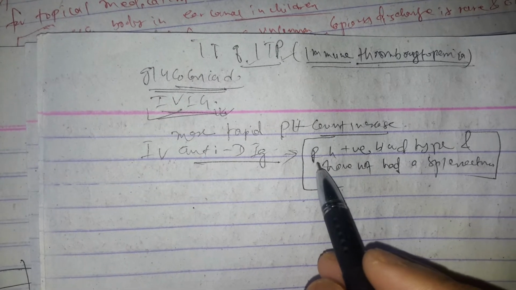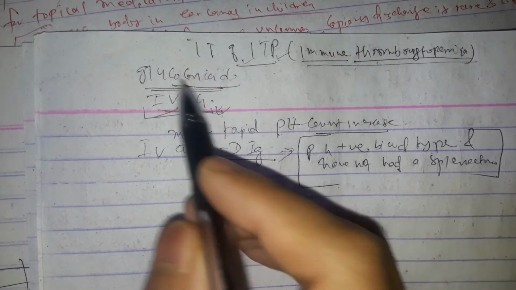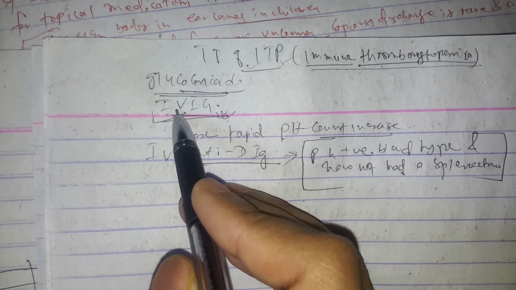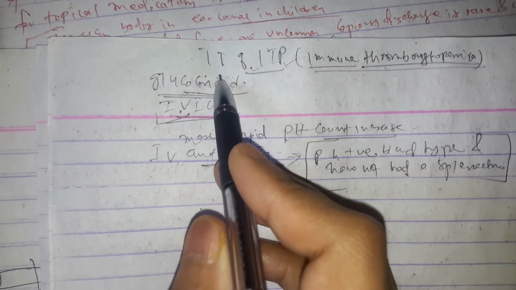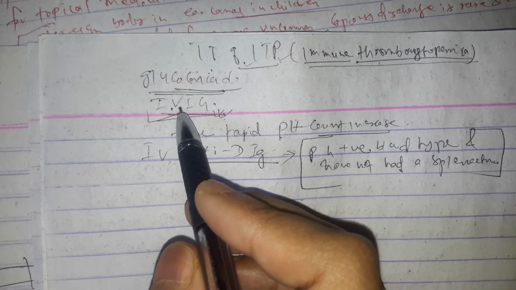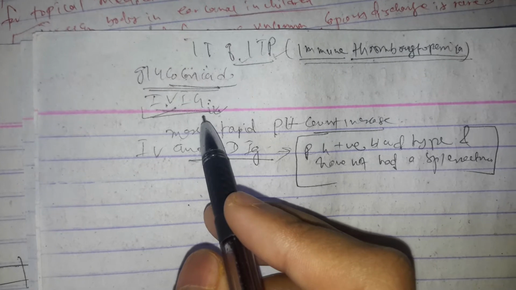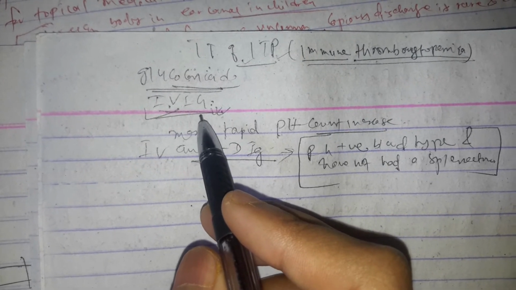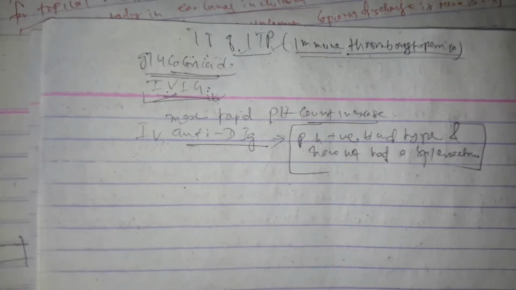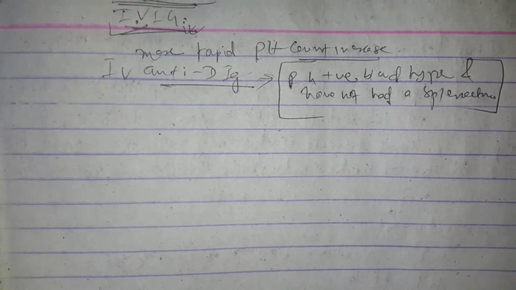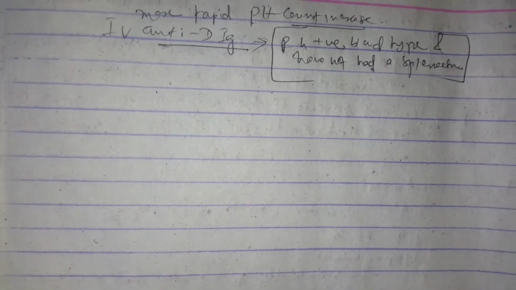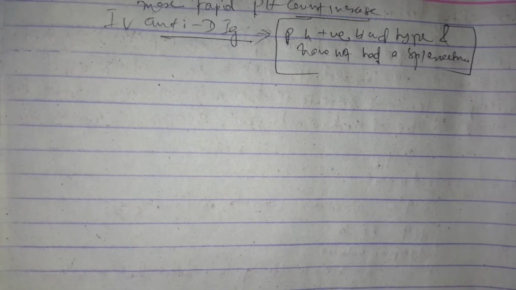So for patients who require therapy, we suggest glucocorticoid rather than IVIG, because glucocorticoids are easy to administer, lower in cost. IVIG raises platelet counts more rapidly than glucocorticoids. IVIG is therefore often used for patients with active bleeding, patients who need urgent invasive procedures, or patients who experience side effects with glucocorticoids. Okay, I am reiterating those things again and again so that we can remember it, because those are important, okay.